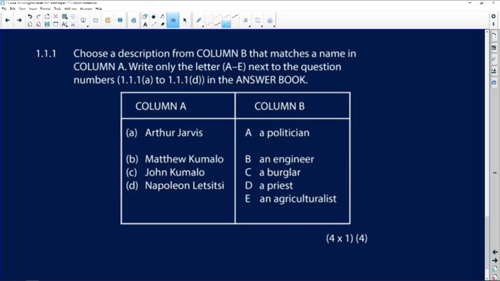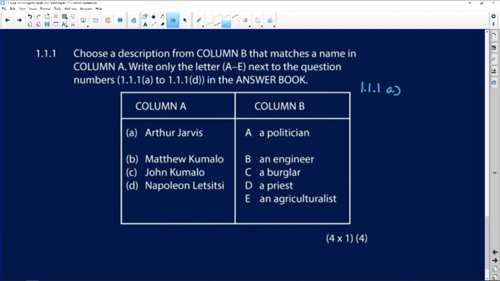So if you look at this question here, there's a column A and a column B. There are characters in column A and something about who they are or what they do or their job in column B. And you're asked to match the columns. Notice they want only the letter A to E and then the A, B, C, D, E from the other side. So they just want the answer. So you're going to go